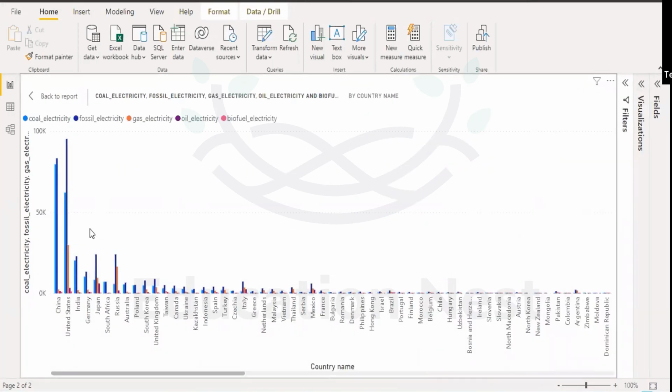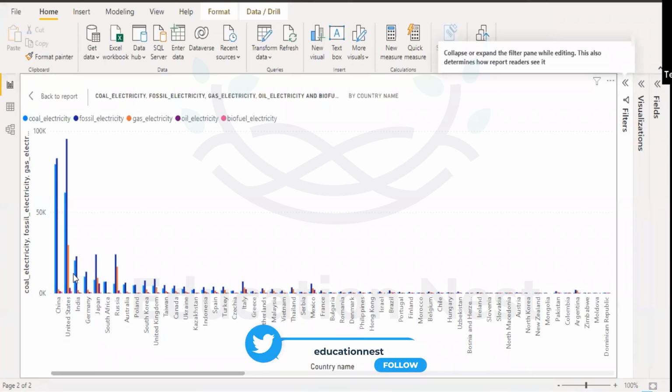Again, what do we see here? We see coal, fossil, electricity, gas, and biofuel. They are the non-renewable energy sources, of course, and they are listed out here. So again, we see China, United States, India. Whoa, India is in the third position on non-renewables. Thereafter, you have Germany, Japan, South Africa, Russia, Australia, Poland, and then there is a long list